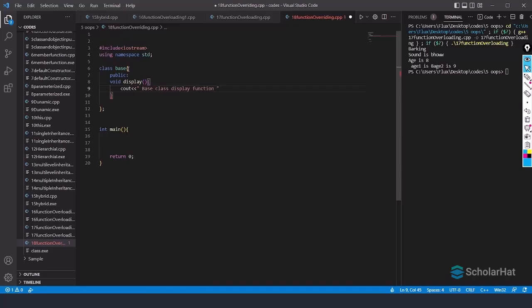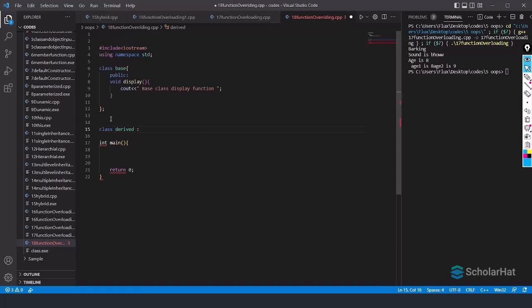All right, after that we're going to come out of this. Now we're going to create a child class or derived class for this. So I'll write class Derived, and we're going to create the child class.